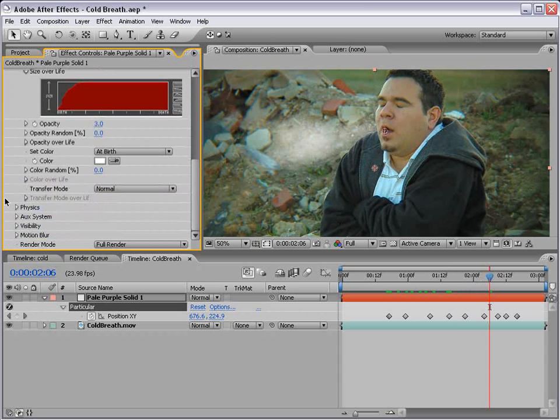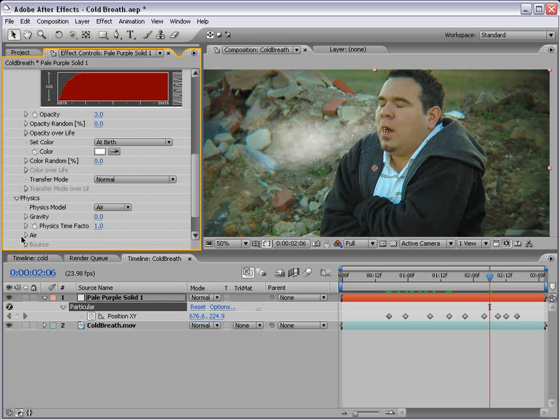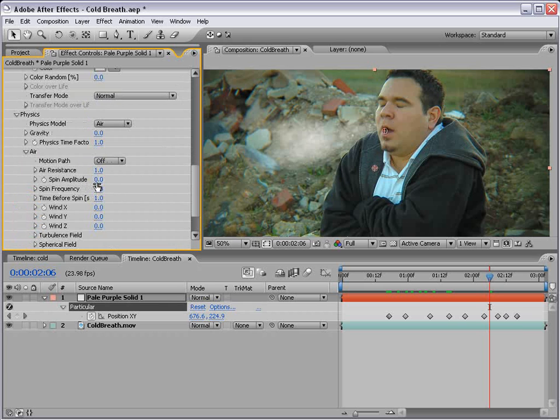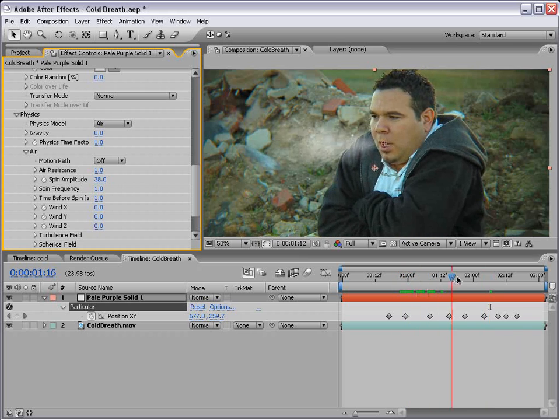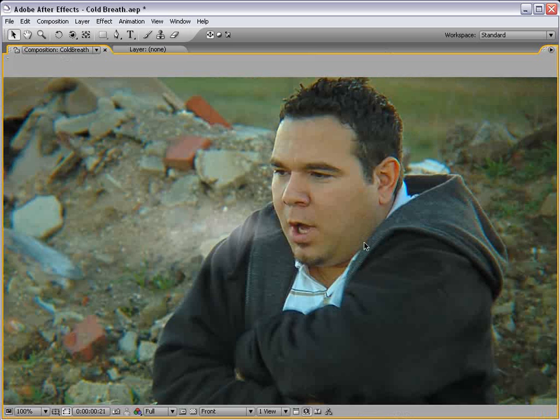Now let's see, what else can we do? In the physics air properties, there's a spin amplitude, and what that'll do is kind of make the particles disperse. So I'll just increase that a little bit, and that way they kind of flutter away. Okay, so this is looking pretty good, but what we want to do is make the particles come out while